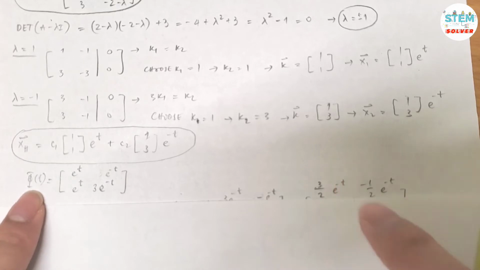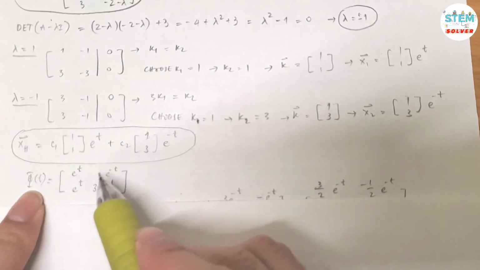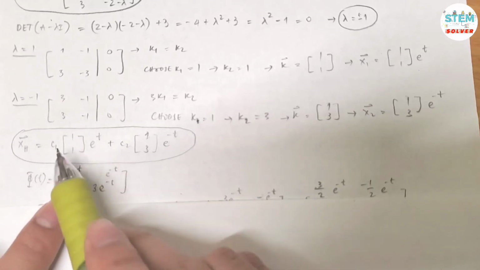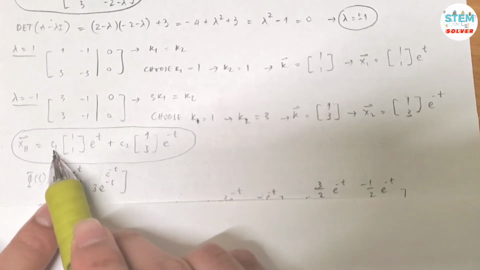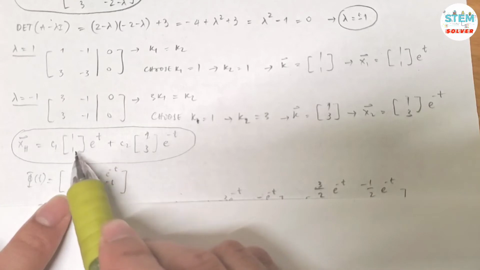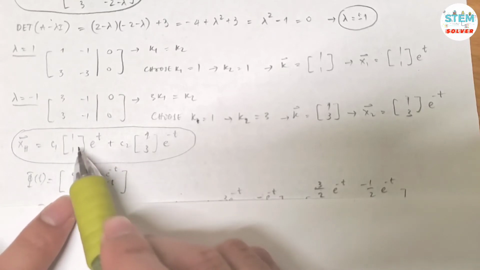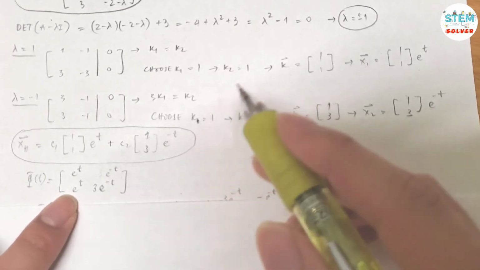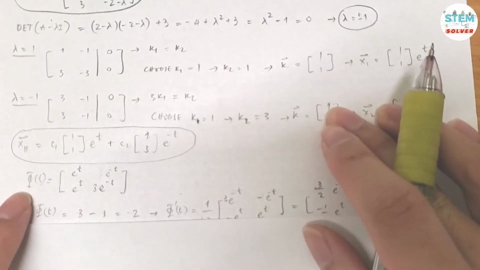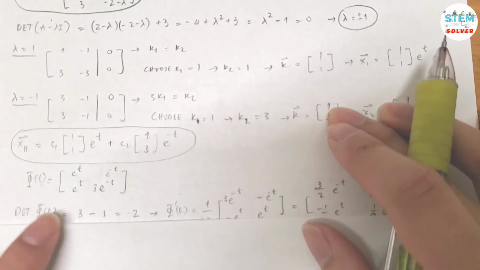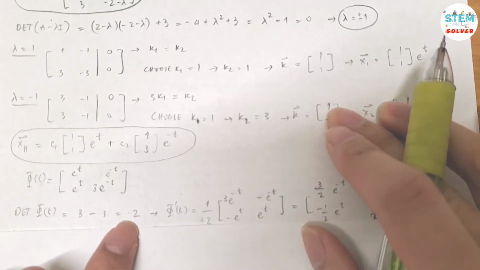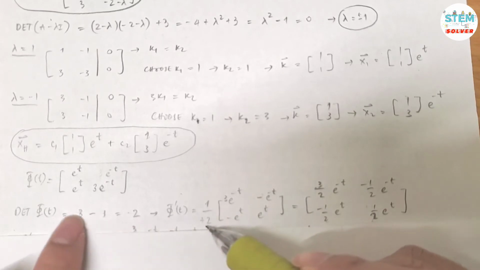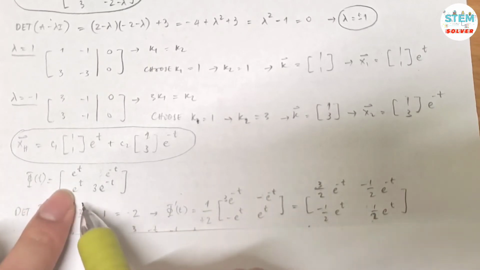Now let's move on to the non-homogeneous solution. So first you need to put this into a matrix, and let's call this phi of t. Exclude c1 and c2, put everything into a matrix, so don't forget to multiply by e to the t here, e to the negative t over here. Okay, and then you are going to find the determinant of phi of t, which gives you 2, and then you need to find its inverse,